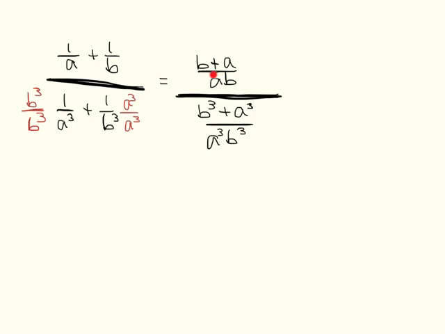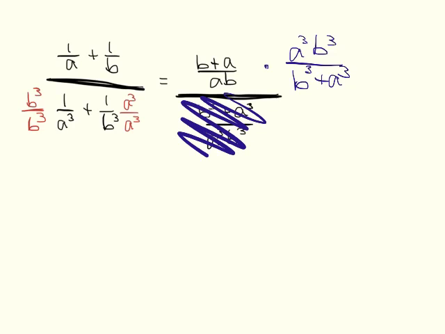Okay, so now I only have one fraction there and one fraction there. So I'm going to take this and turn it upside down. So I end up with this times a cubed b cubed over b cubed plus a cubed. So this is gone now. Now I'm multiplying it, so this is what I have left. And when I do that, I can start canceling. So I've got an a there. I can cancel with one of my a's there, and that'll turn into an a squared. This b will cancel, and that'll turn into a b squared. So I'll end up with